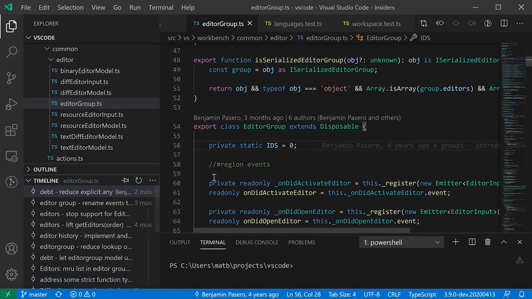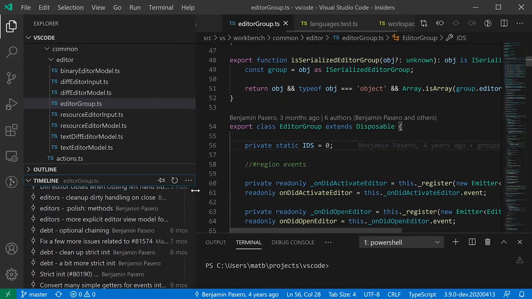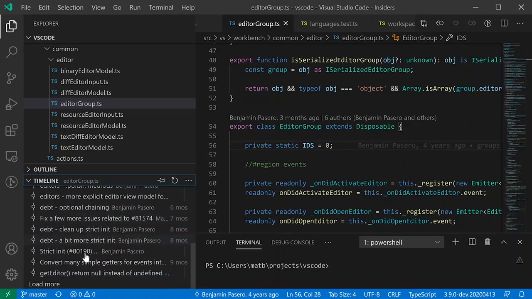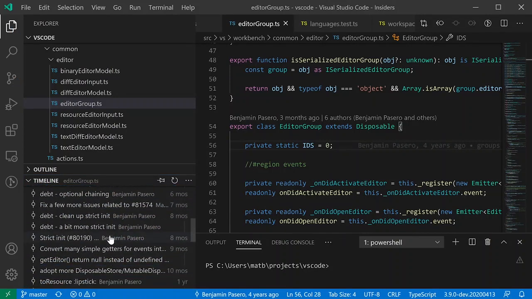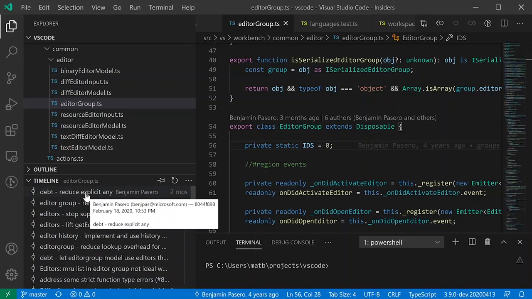Now, within this timeline view, I can browse through the list of commits, and if I make this a little wider here, you can see who made these commits, the commit title, and then when this commit was made. I can just scroll through the history, load some older ones if I wanted to as well. And then I can hover over one of these commits to see the full commit message and some additional details